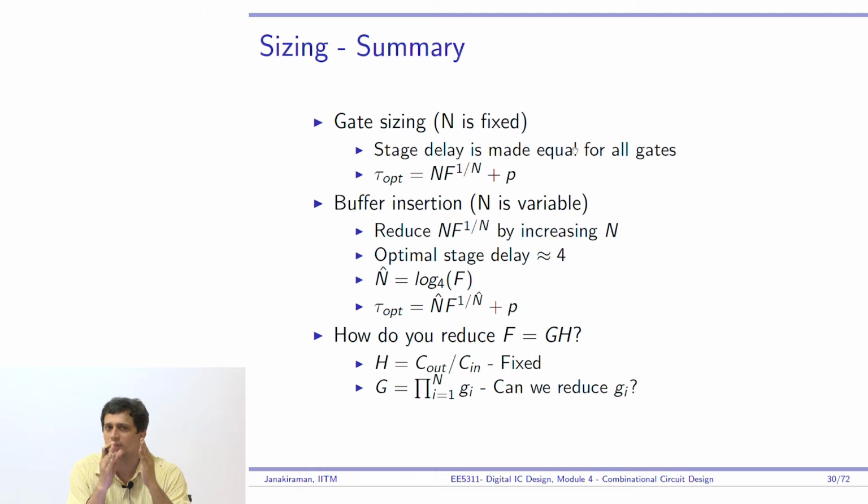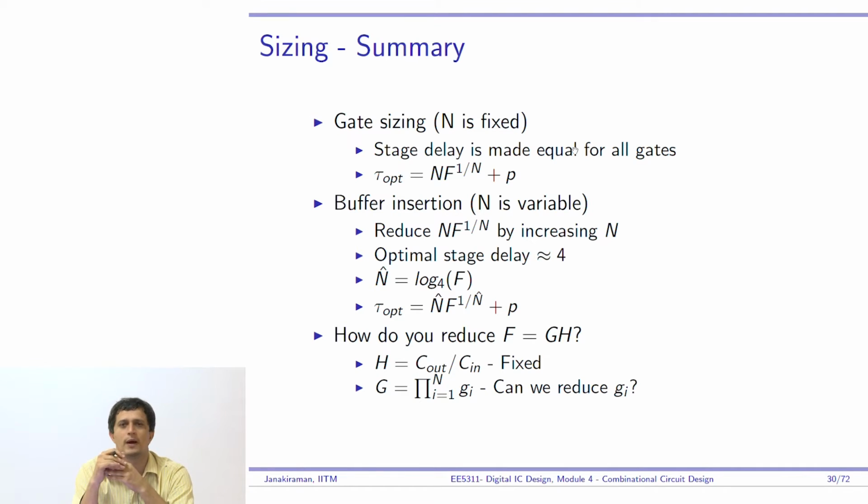We finished the critical part of gate sizing, right? And the summary of gate sizing is as shown here. Basically, the number of gates in the path is fixed, that is n is fixed, then the stage delay, or the stage effort, should be made equal for all stages. You should not have one gate doing more work than the other gate. Therefore, the net minimum delay that is achievable in that way is n f